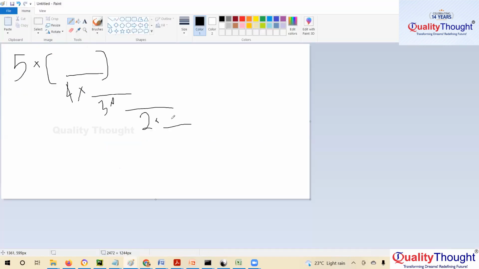So return 1. Return will bring it to the place where the function is called. The function is called from here. So you say 2 into 1. Now when this function is finished running, it will return 2 here. So it becomes 2 into 1, 2. Now this function, once it is done, will bring it to you here. So now it is 6, right? Now again, when it is done, it will bring it here. So it is 6 into 4, 24. Now the first return will evaluate 24 into 5, which is 120, and